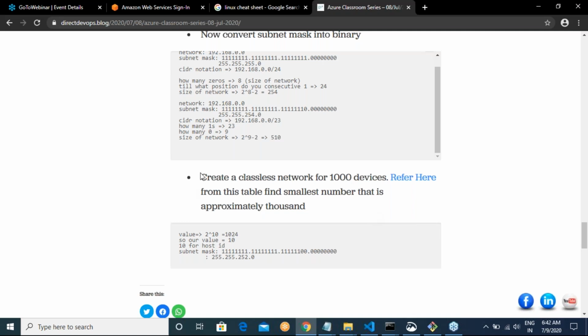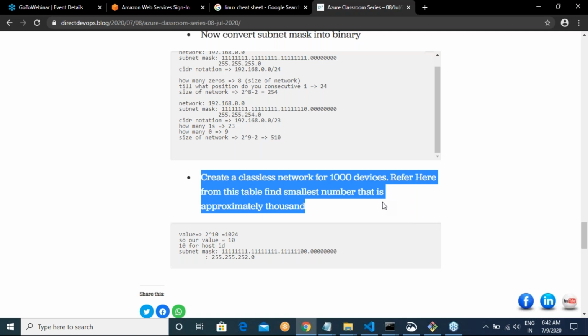Today we will continue this discussion: I want to create a classless network with a number of devices. For that we will identify our network size. Then we will understand that if I have a network, how can I create smaller networks within it? That is what we call subnets. So let us get started with that journey.